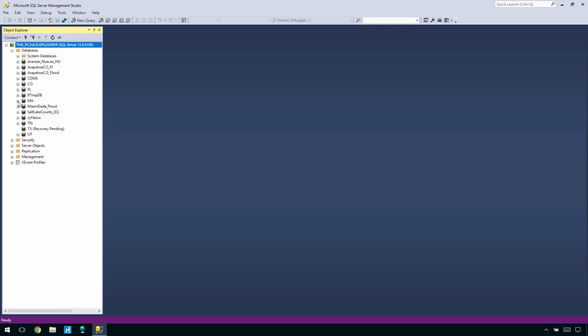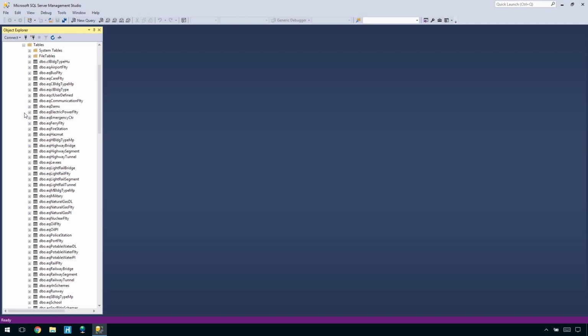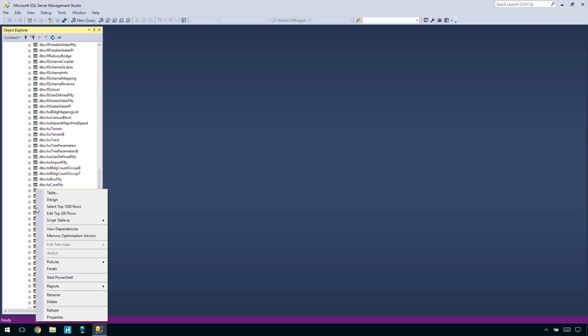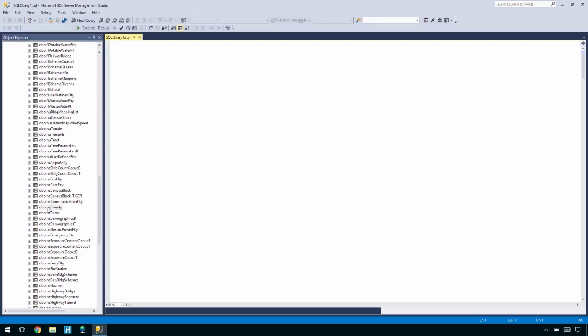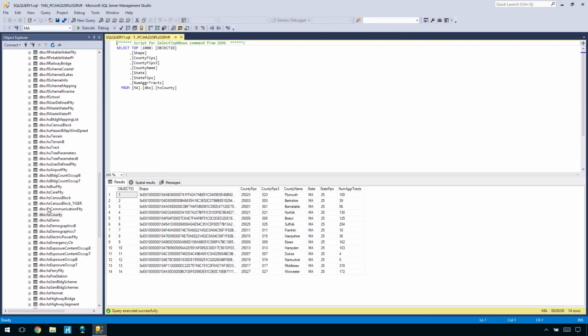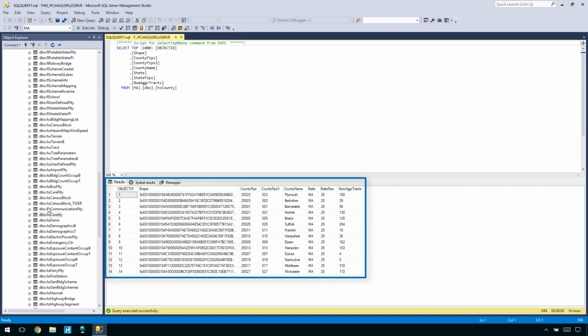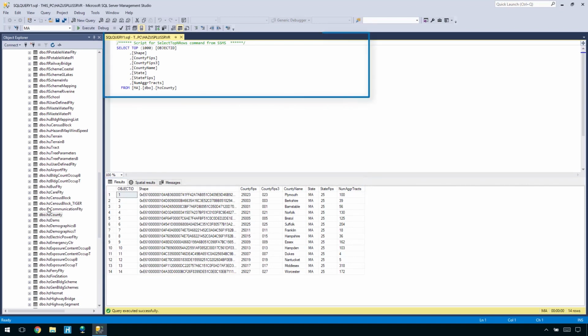We will select the Massachusetts State dataset and expand the Tables subfolder to see all of its constituent data layers. To view a data layer, simply select it and it will appear in table form with a SQL script terminal above the data. For our example, we will select County, and the table will contain data for the counties of Massachusetts. From here, you can explore the data both by scrolling through the table and by issuing SQL commands to